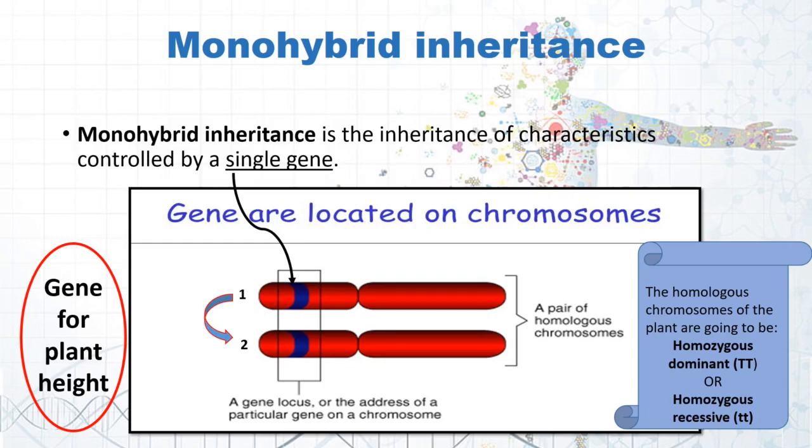We are not taking the third condition in which one could be dominant and another could be recessive. In that case, we will call it heterozygous dominant, which Mendel did not use. He only worked with the true breeding lines, that is, parents who are homozygous for a particular character.